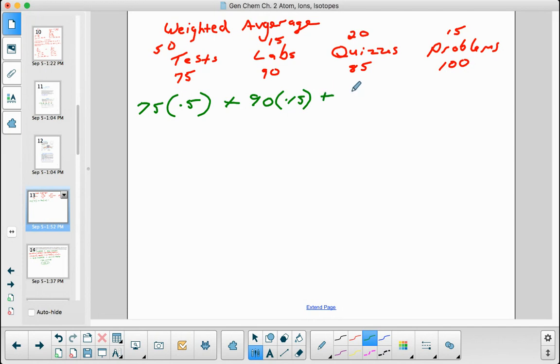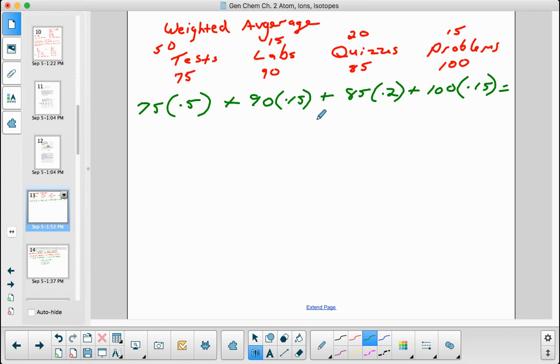And then let's say that this same student has an average of 85 on all of their quizzes, and we're going to call the relative average of that to be 20%, so 0.2. And then the problem sets an average of, let's say, 100, and those are worth 15%, so the relative percent is 0.15. So in order to determine the course grade with these values and these relative